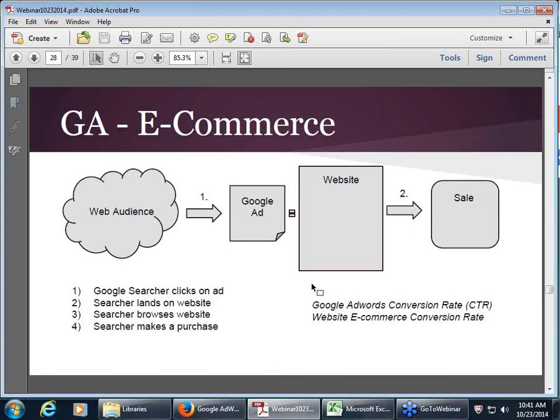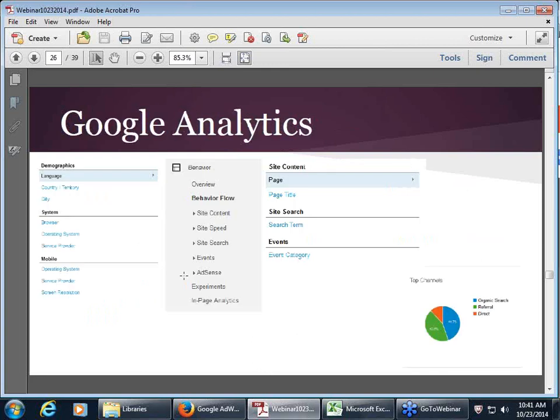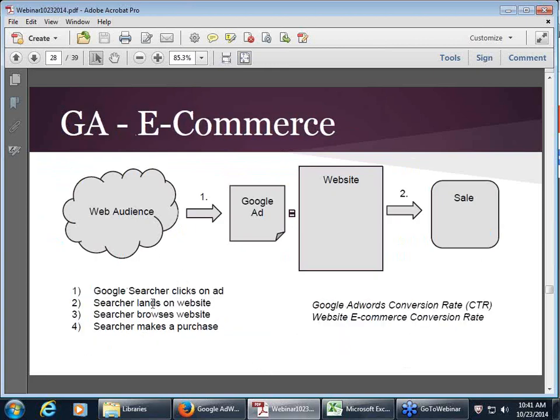But in the real world, the reality is that first and foremost, people see the ad and they don't click on it. So there's a certain percentage of people that just see the ad and continue moving through the search engine. And then, of course, out of the number of people that land on the page, there is a certain percentage that land on the page and don't buy anything. In fact, it's a very large percentage most of the time.